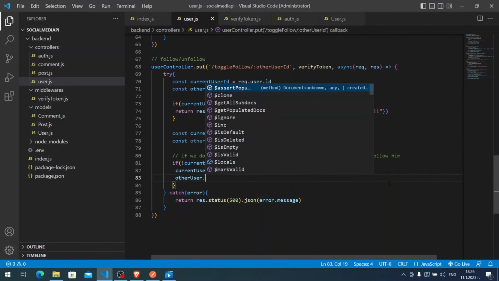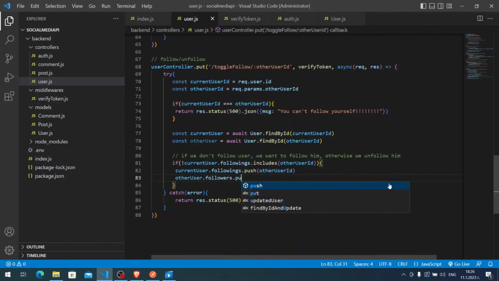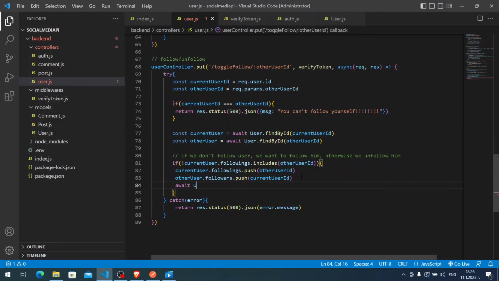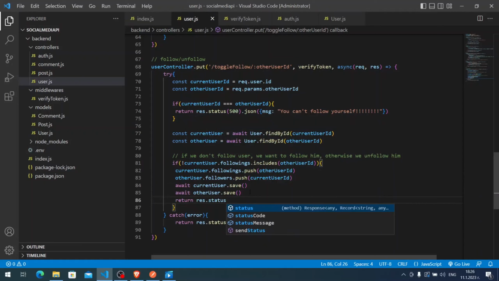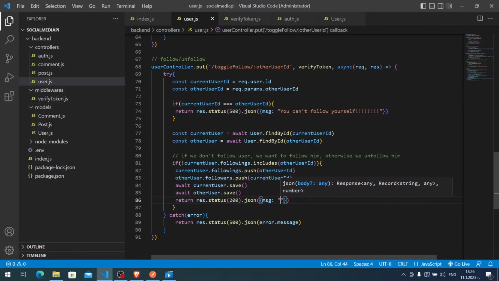So other user followers dot push current user id, like this, and then we save them. So await current user dot save, await other user dot save. So if we don't follow the user, we push its id. This means that we follow him, and here we return a response of 200, message, you have